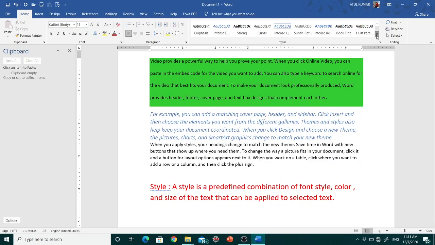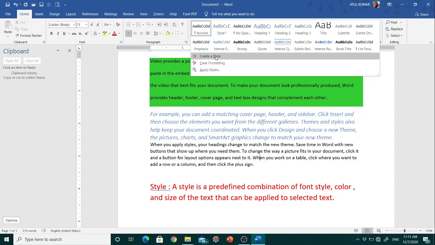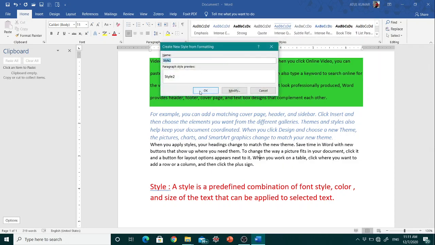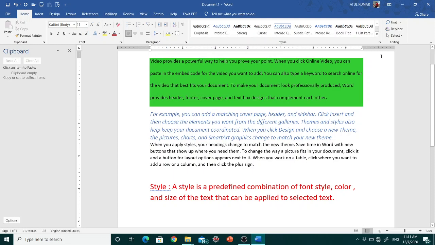So how you create a new style, just click here and click OK. Or if you want to create a new style, then you can modify or just click OK to create a new style. Next option in this Microsoft Word, we have the option of find, replace and select.